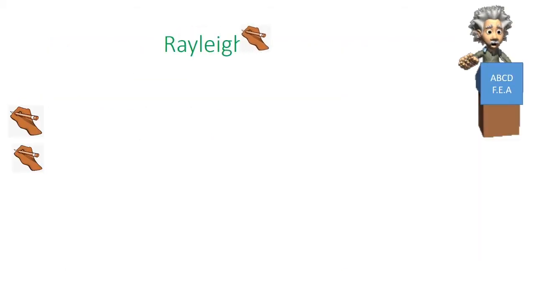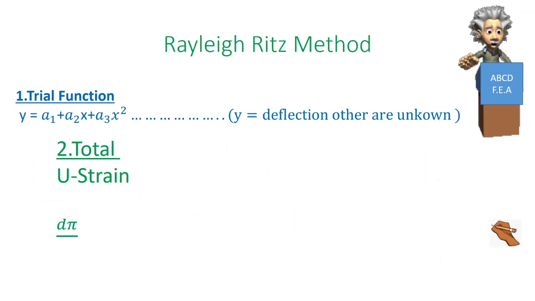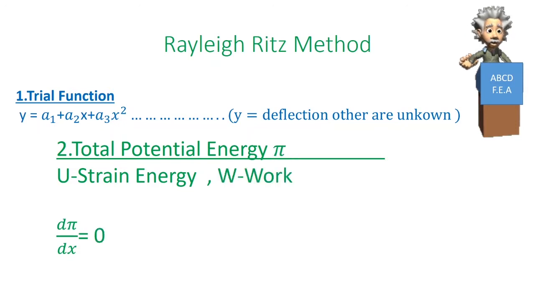Now first step, as discussed earlier, we need to select a trial function. So we had selected y is equal to a1 plus a2x plus a3x square, where y is the deflection and the deflection is unknown. Second step is we need to